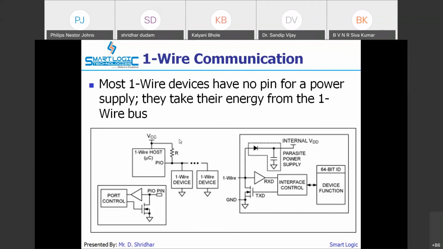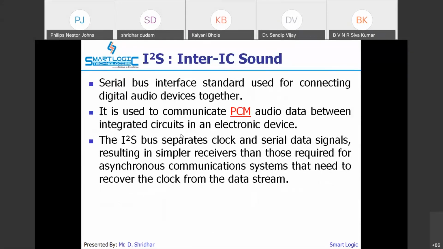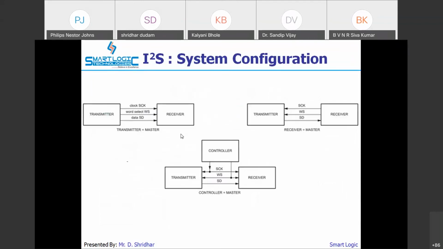Then comes the I2S, inter-IC sound. This is also used for communication. It is meant for audio devices, but nowadays I2S is also used for other data transmission, not only audio. There are system configurations, so we can configure it in a number of modes.